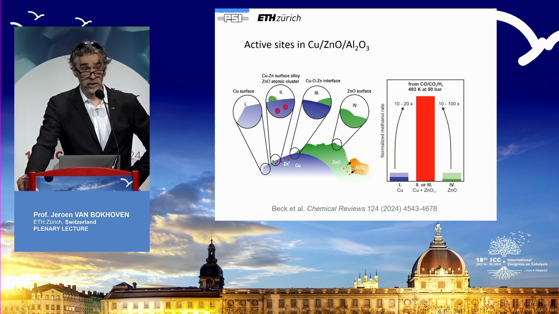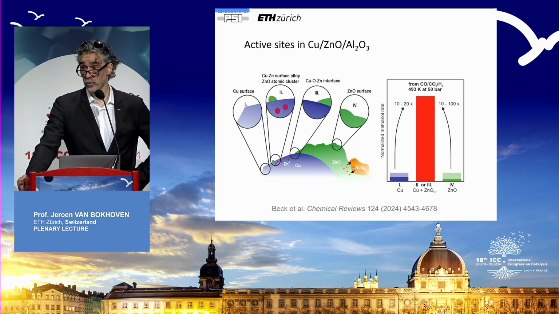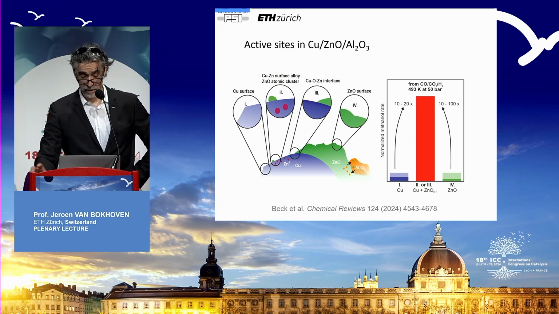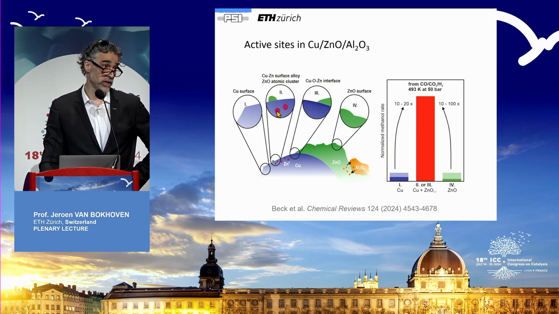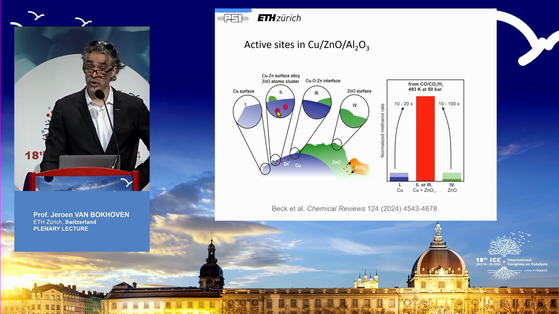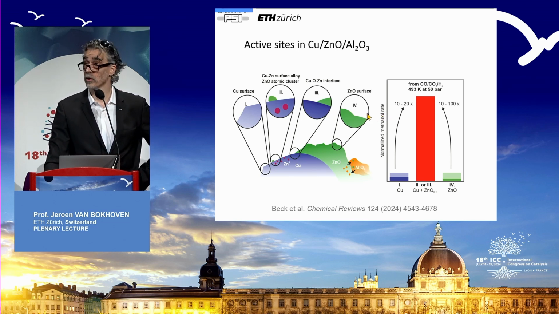There is many different proposals what are structures of catalytic active sites. There is the copper surface that does the hydrogenation. There is copper zinc alloys, zinc atoms in the surface, patches of zinc species on the surface. There is the copper-zinc oxide interface, and there has been a role of the zinc oxide in this system that